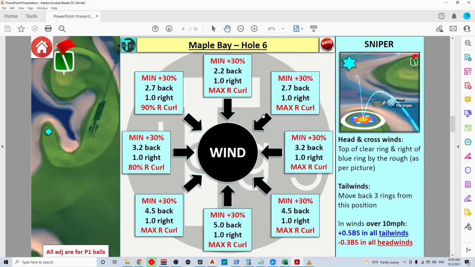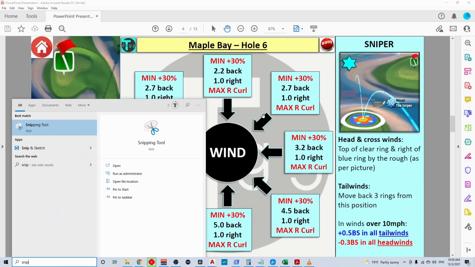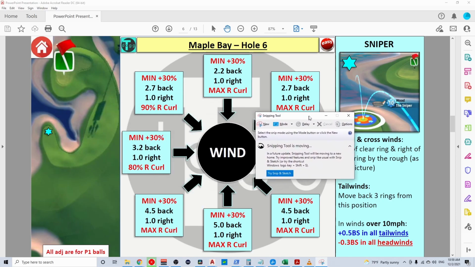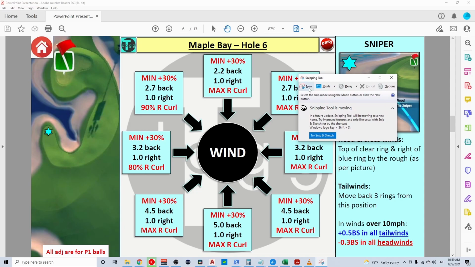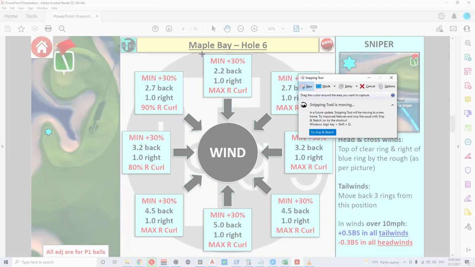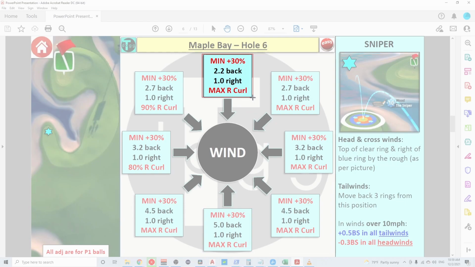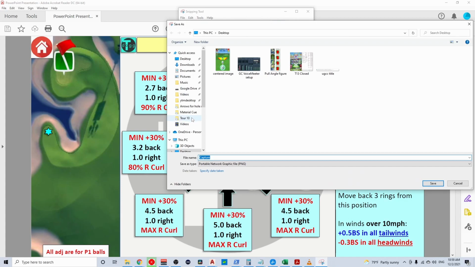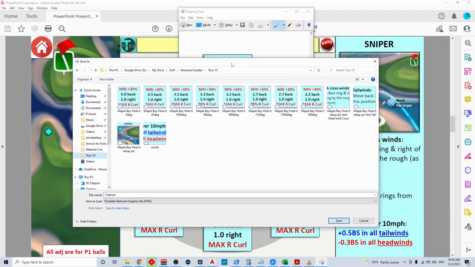So what you need to do is just take a screen capture of all these little bits of information. I just use the snipping tool in Windows. You can use any screen capture device if you're on Mac or whatever you have. And say new. I just capture this box here. And then I'll save it. I'll show you that I've already done it for Maple Bay Hole 6. So I took screen captures of all the little info boxes and the different pieces of information,